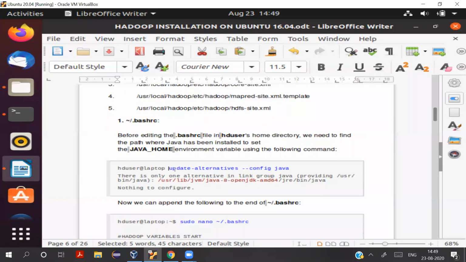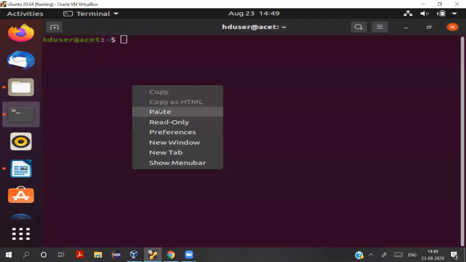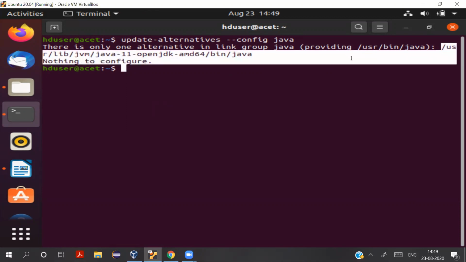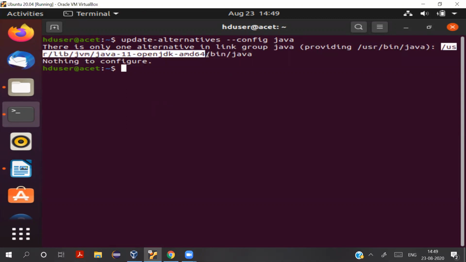So to check the Java installation path, we can use this command. Okay. So this is the Java path. So we must just pick up whatever is before bin as our Java path. So I'll just copy it from here.